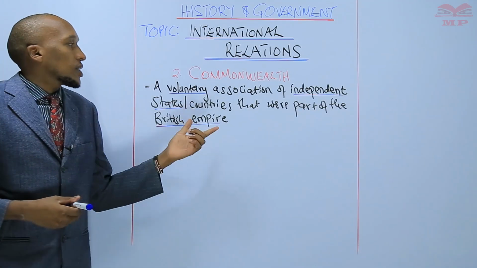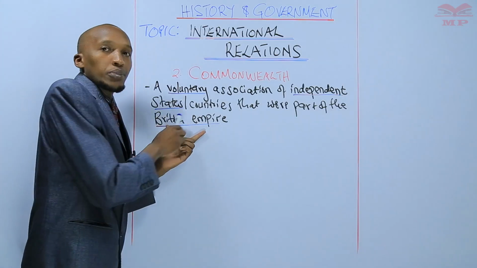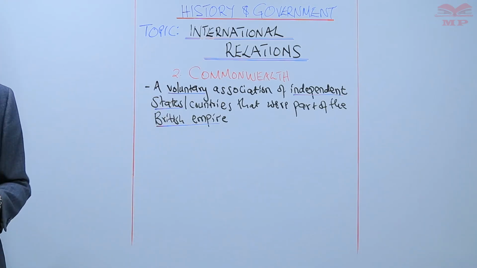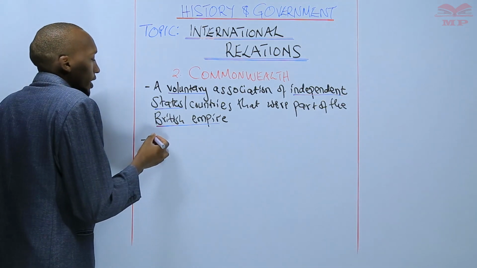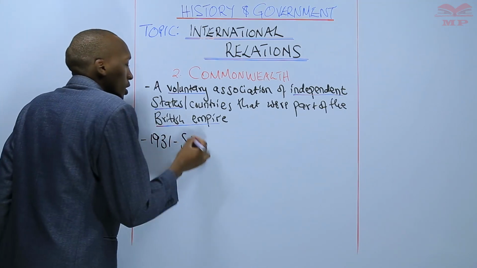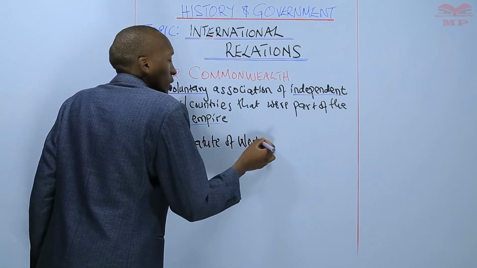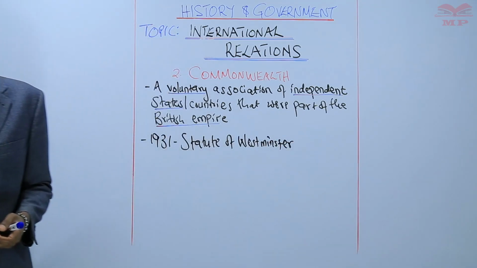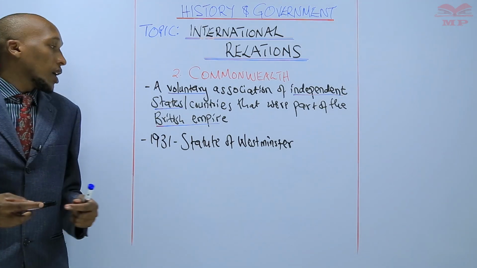So we can trace the Commonwealth as an organization because we have said the starting point has to be part of the British Empire. So we can trace the start of this organization as far back as 1931 through the Statute of Westminster. These are statutes that were instituted